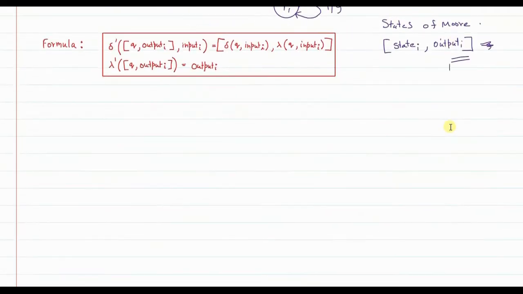So let's first write the possible states of the resultant Moore machine.